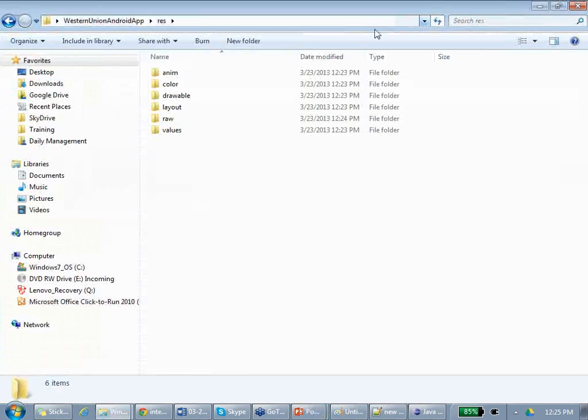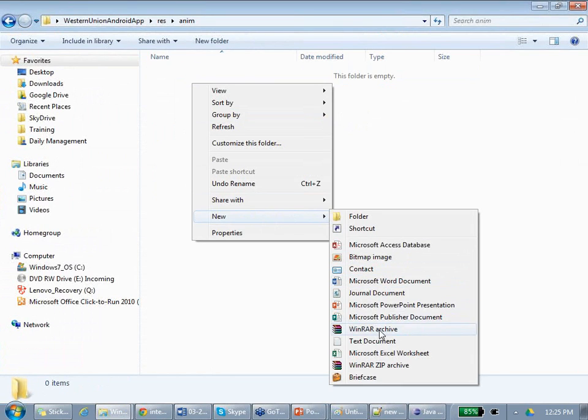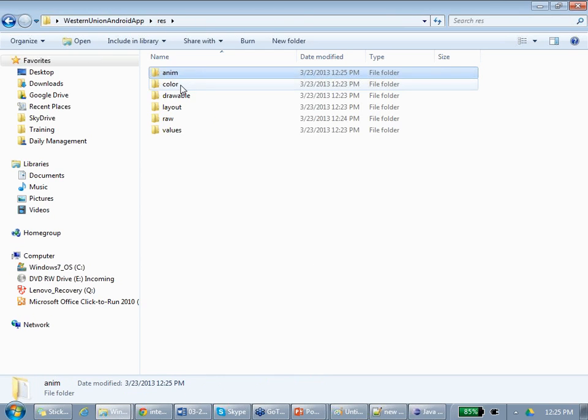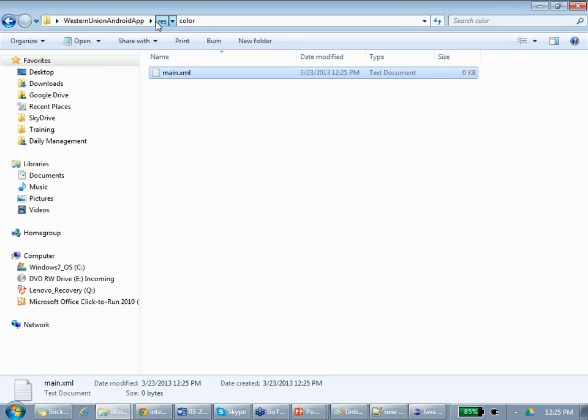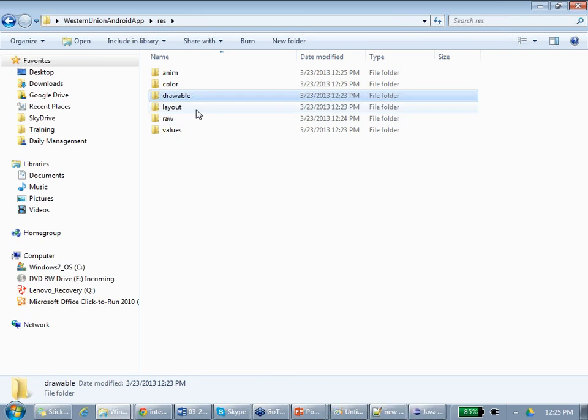XML files. For example, this will have main.xml. Everything will have a file called main.xml. In every folder there will be something: this is for animation, this is for colors. You will put all the definitions of the images, and you will put images also here. Everything will have an XML file. The definition of colors is in an XML file. You don't create a color. Everything is there in Android. You are just configuring. You understood, right?